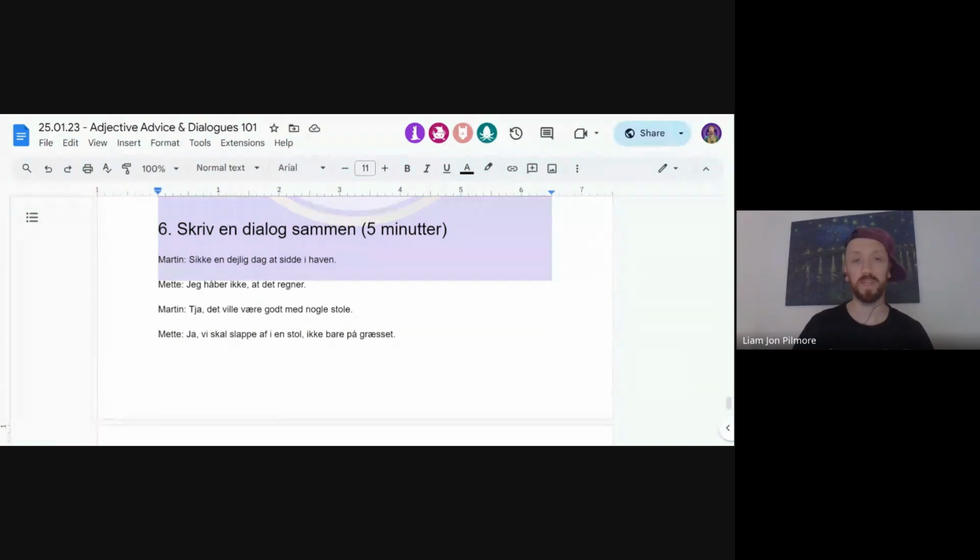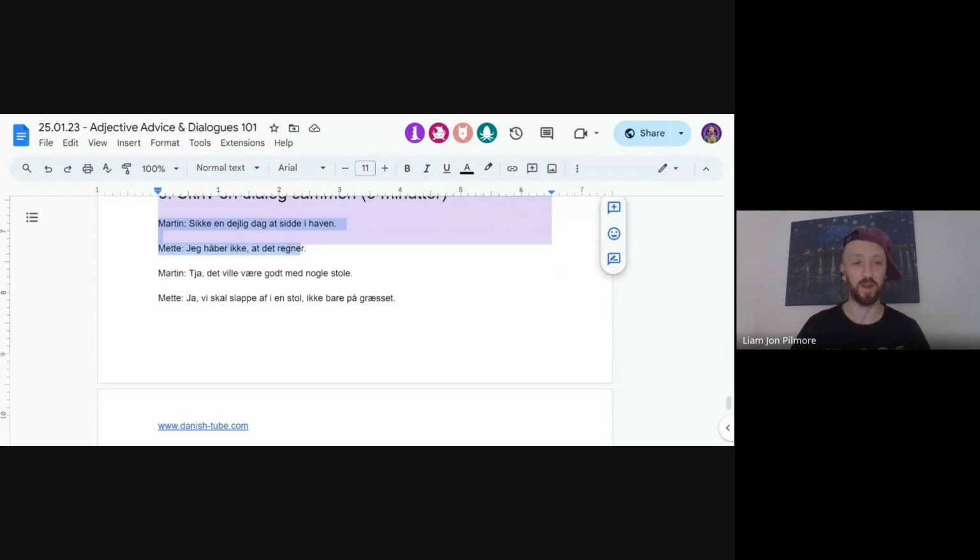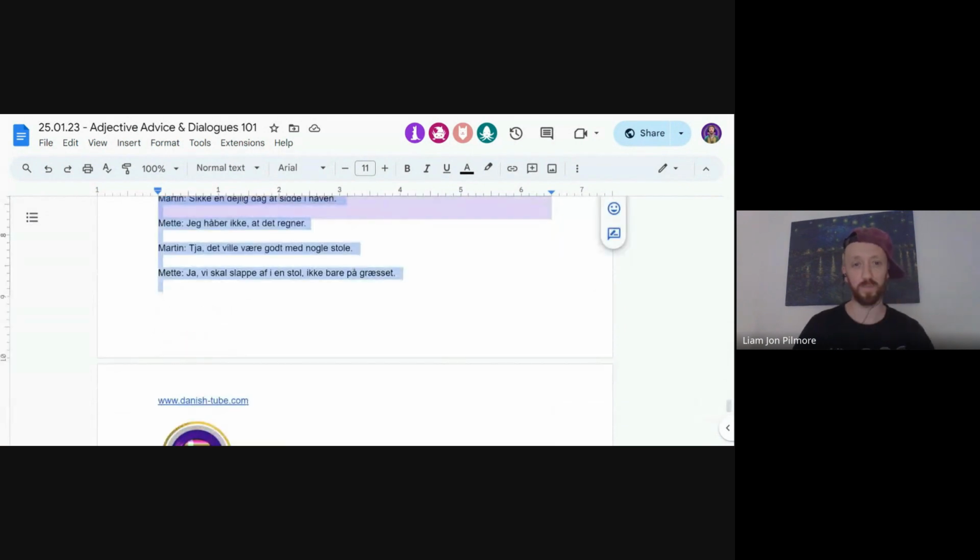Right, a little task we could do at home is take this sort of start and try to twist it on its head a little bit and make it a bit more exciting. But also, as Mike pointed out, we're supposed to be using some adjectives, so try to get as many adjectives in their different forms into it as well. So den dejlige or de dejlige or whatever it might be.